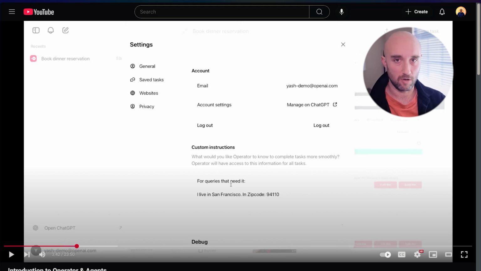We've talked about this a lot, O1. Maybe it's not using O1, but it's using a chain of thought methodology. But even more important, custom instructions, so huge. You know I love custom instructions, so it's great we're able to program them in here. That needed, I live in San Francisco. So Operator recognized that and then